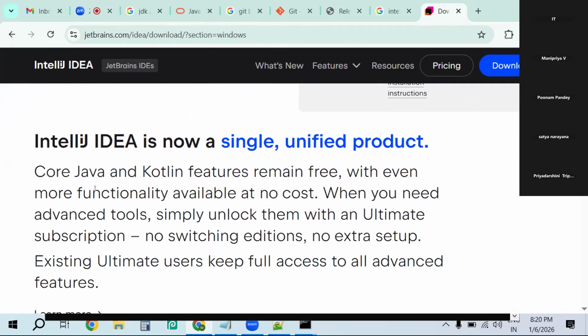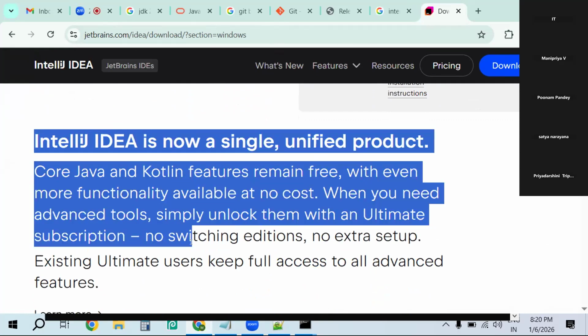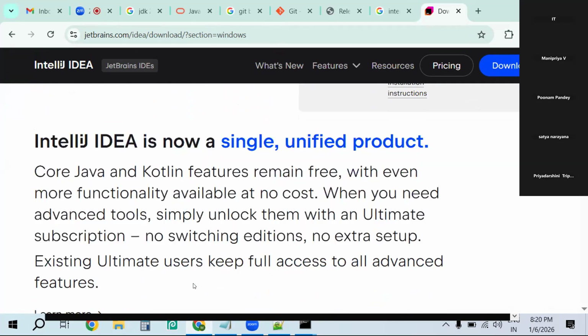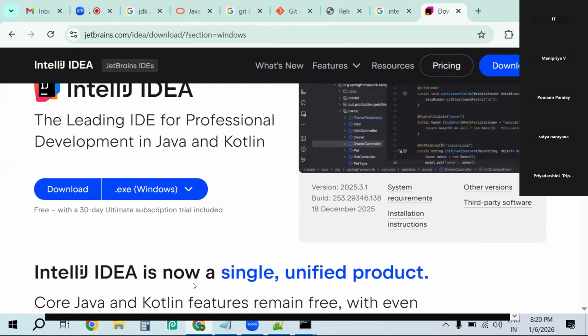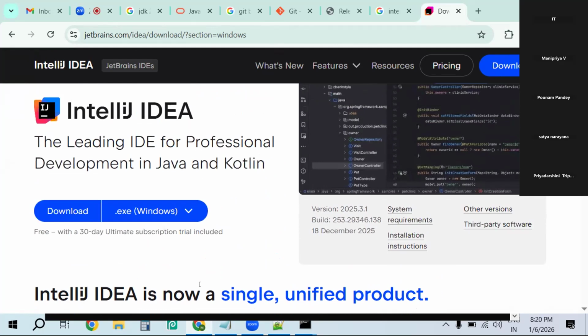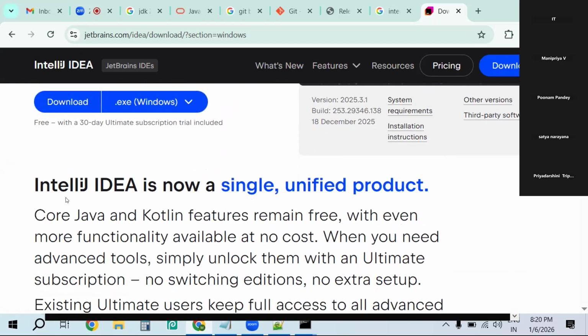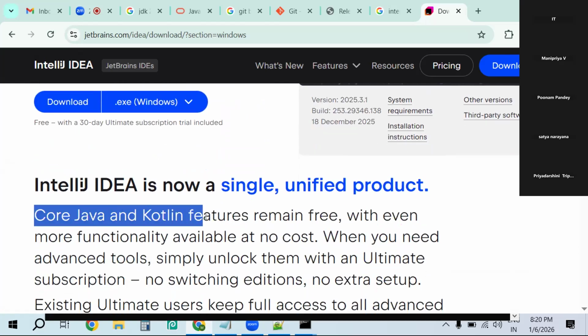Now IntelliJ IDEA is a single unified product. Clear? Previously, IntelliJ IDEA had two editions, the Ultimate Edition and the Community Edition. Now they have removed those two versions and released the unified product. That means in the same tool we have the Ultimate product as well as the Community Edition of the product. They're saying core Java and Kotlin features remain free with even more functionality available